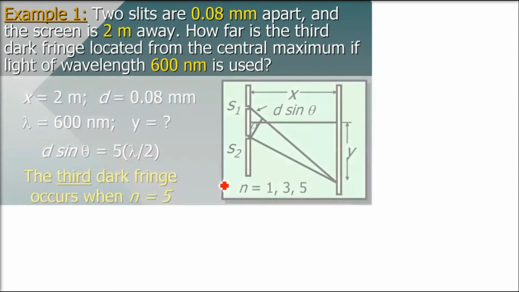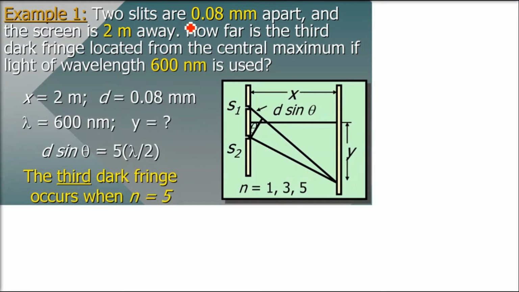So take an example. The same diagram you have to keep in your mind. Two slits are 0.08 millimeter apart. So this is our d, S1, S2, which is d. The distance between the two slits is 0.08 millimeter. We always take the values in meter because this is comparable to the wavelength. Only the small slit will give you fringes.